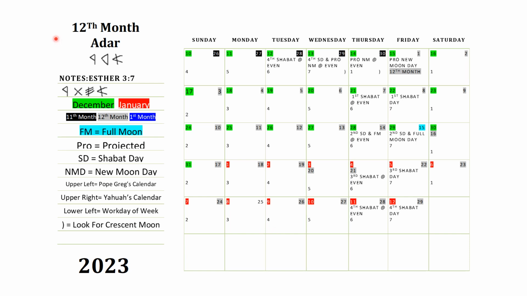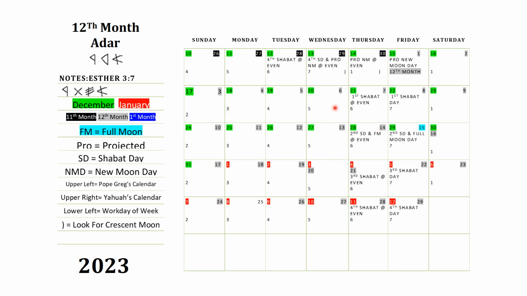Like I say, once you pull up your new calendar, it's going to have the word month in here, and you have the word year. If you're going to use it on the computer, you click in that box, erase it, and then put in whatever month it is. In this case, 12th month, 2023, and then you click save as 12th month, 2023. Then whatever you put in on this side over here is fine.